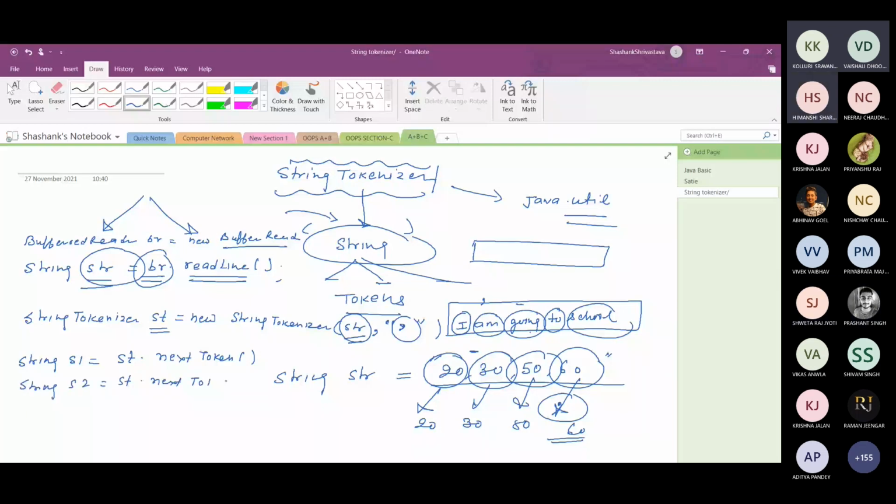This is the lengthy method here. Suppose there are two tokens, and these are strings actually. Then suppose the first token is of integer type, so you can parse those strings, Integer.parseInt(s1), and you will get the integer value.